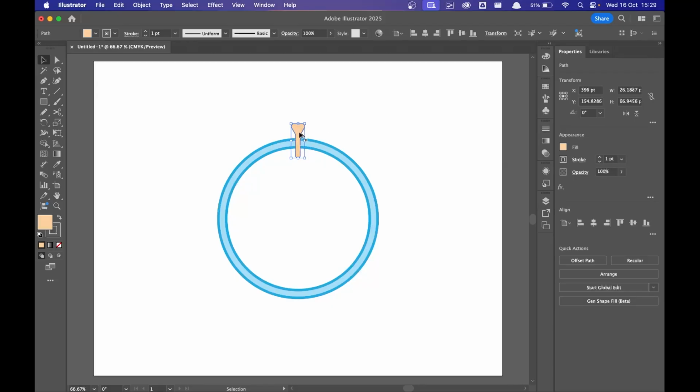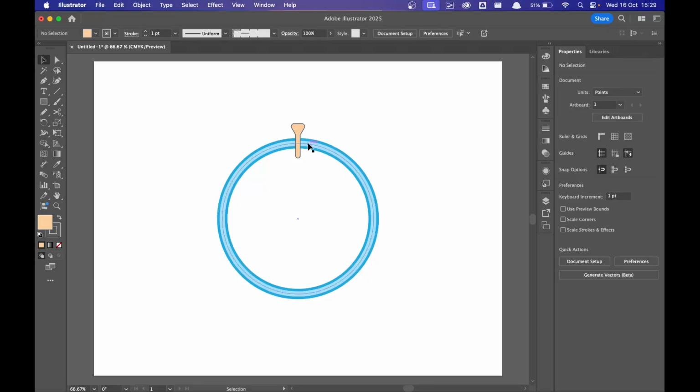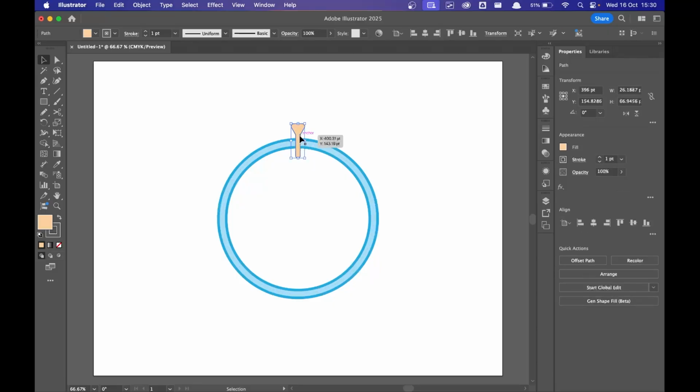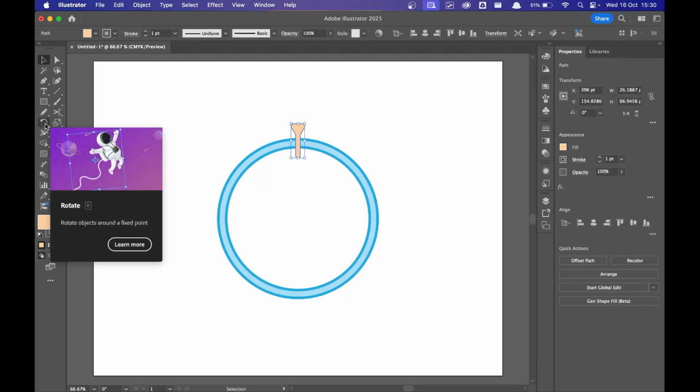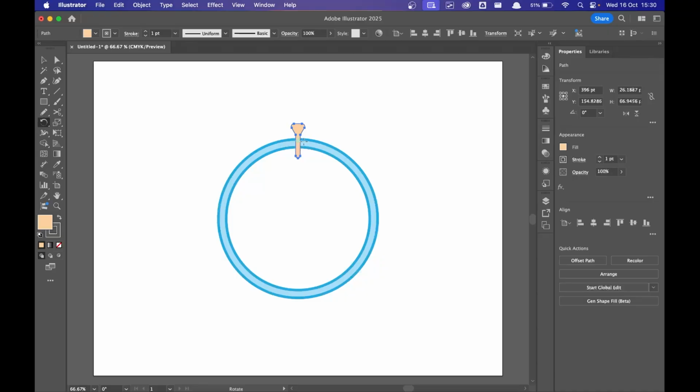One thing you can do is duplicate this, rotate it, and duplicate it again, rotate it, but this would be hectic. This would be a lot of work. We're going to do a shortcut. So select this and go to this menu, rotate. Once you select that, you have a little anchor point over here. I hope you can see the green anchor point over here. What you can do is find the center of the circle. Once you come to the center, the circle will be highlighted,